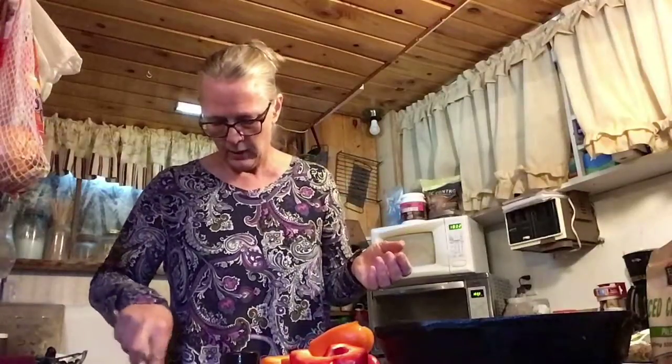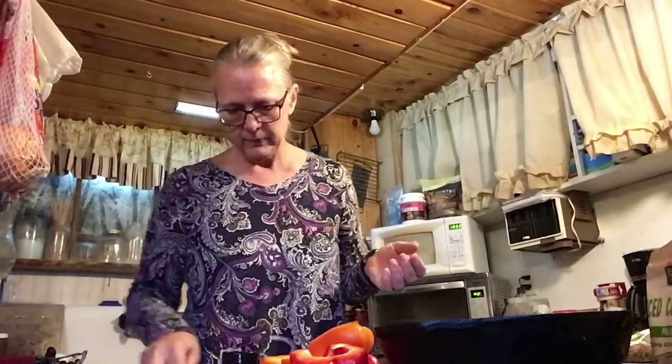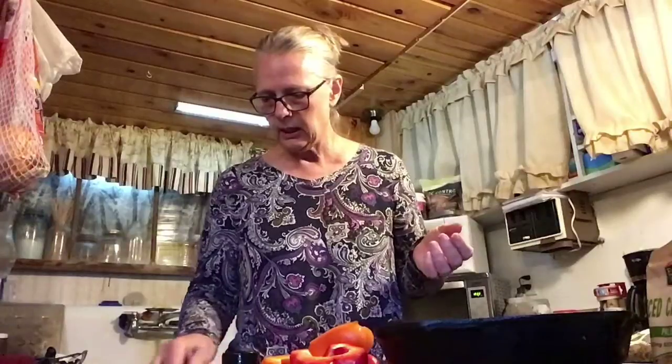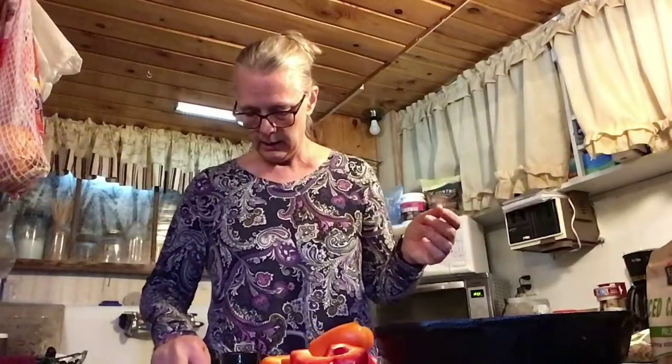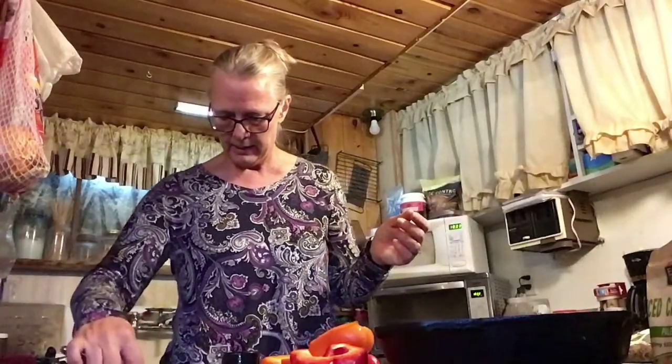But as you can see, I kind of just improvise depending on what I have here. You can do the same thing. I've actually made stuffed peppers where I just did a meatloaf mix and stuck them in there. That was pretty good too. But I thought this time I would make it with...